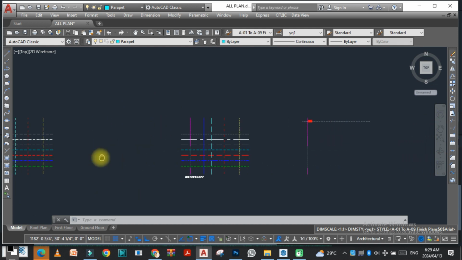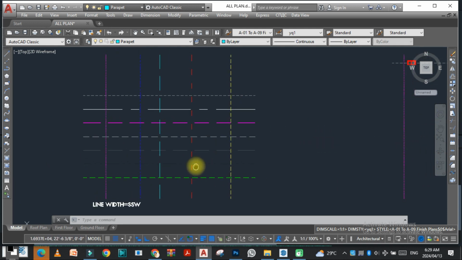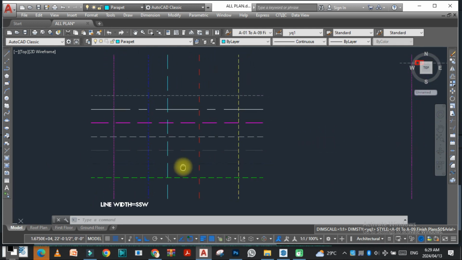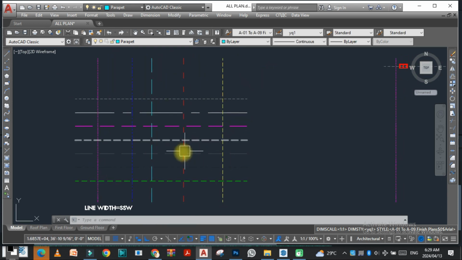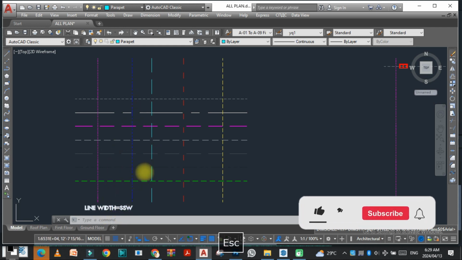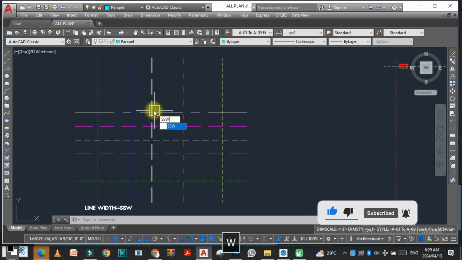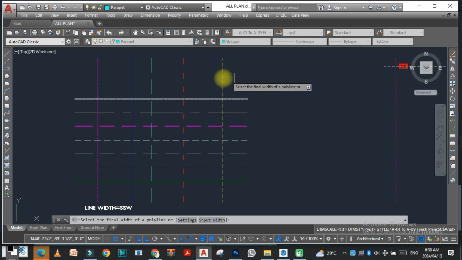Now the other command is line width. As you can see, we have different line types and with different layers. So the command is line width. You can change all the lines' width with a single command. Just type SSW, enter, and